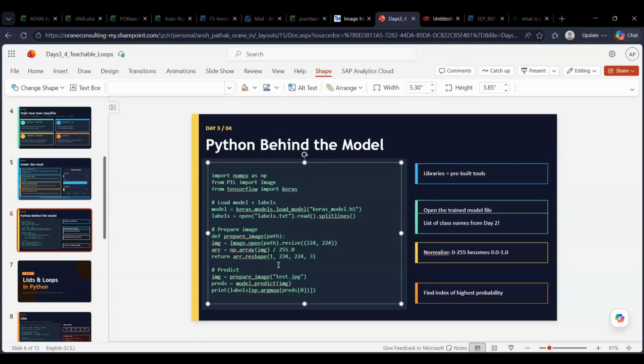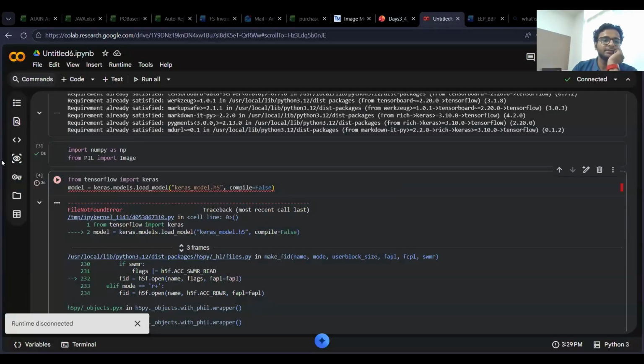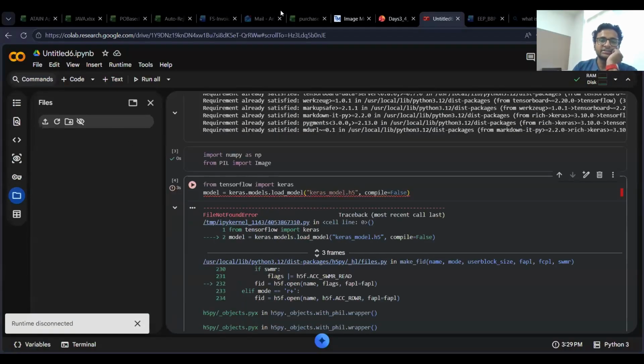All right, go ahead. I had another doubt. In the predict part, in the first line, you have used test.jpg. Is that picture file saved in the computer and is it going to access that? Yeah, the specific test.jpg would be available in this files section.